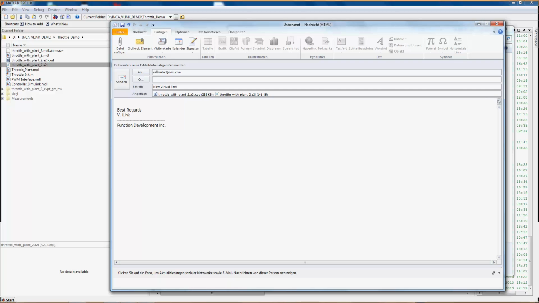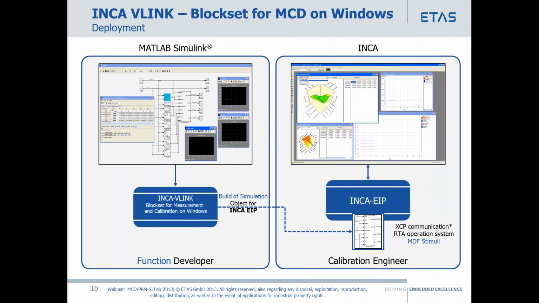So at the end of the presentation, I simply need to send the A2L file and the COD file to my business partner to enable him to simulate the control. Now I'm changing my role in this presentation. I am no longer a user with the Simulink license and the intellectual property contained in the model.